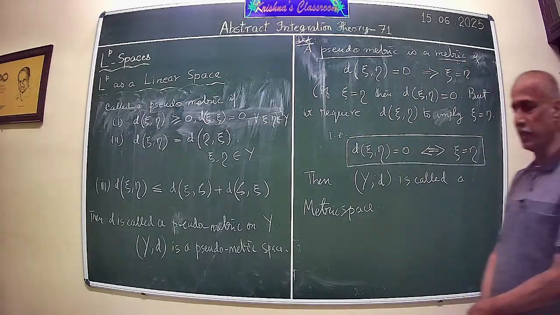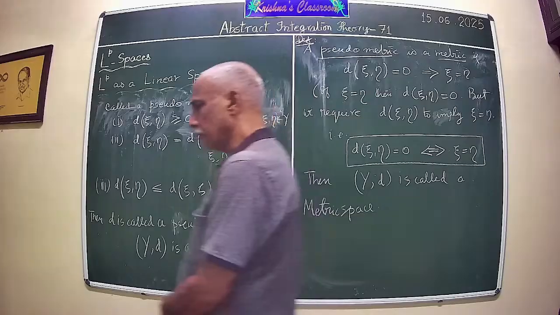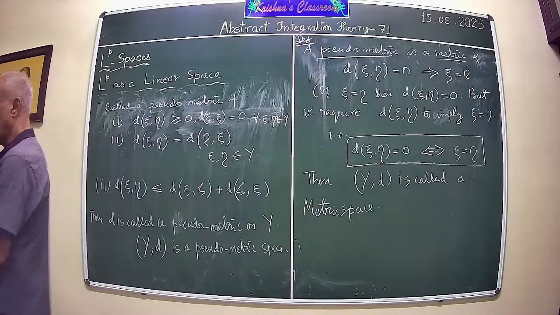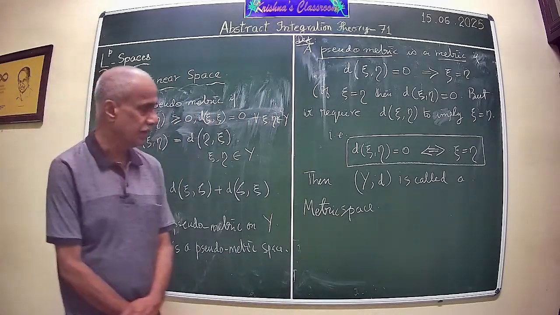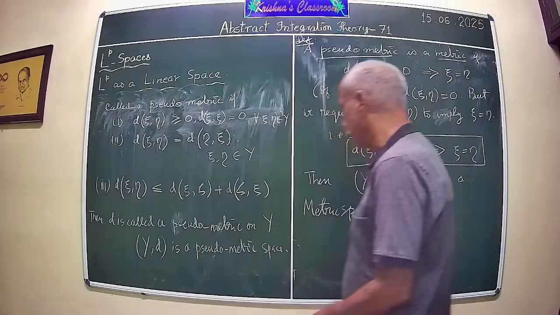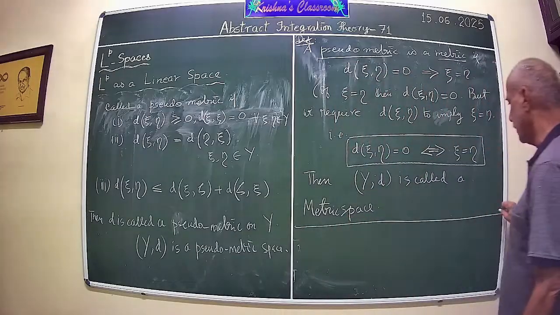So you are giving a topological structure to L^p, I mean, in our situation. So what we do now is that